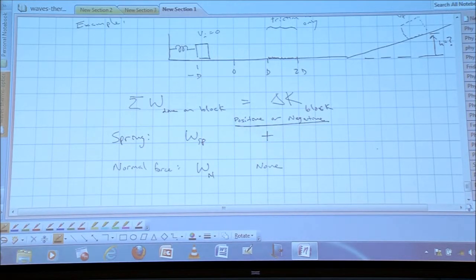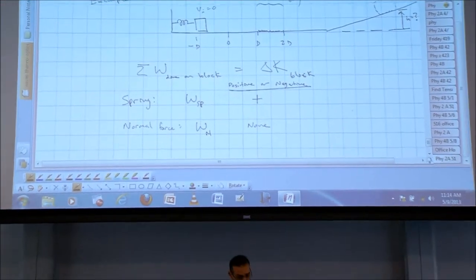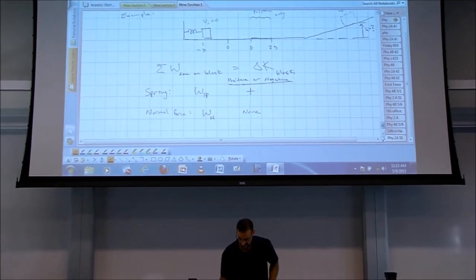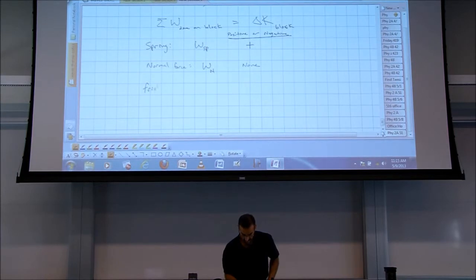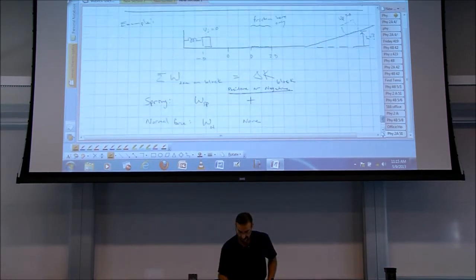But the next thing that happens: the spring pushes on the block, does work on it. The block slides along, hits a patch where there's friction. So what happens there? Friction force does some work on it, right? By the kinetic friction, positive or negative? Negative, right? The block is sliding one way, the force of friction is the opposite direction. You get negative work done, it's going to slow it down a little bit. And then